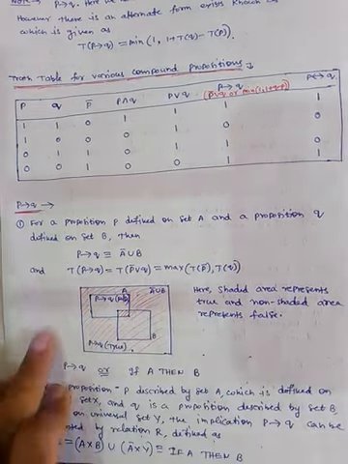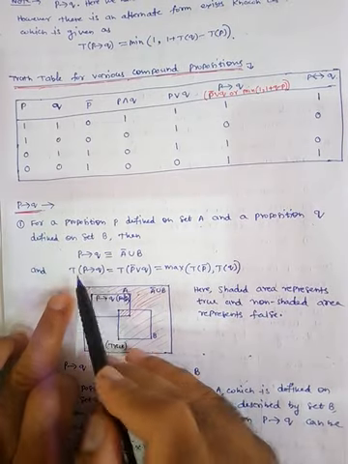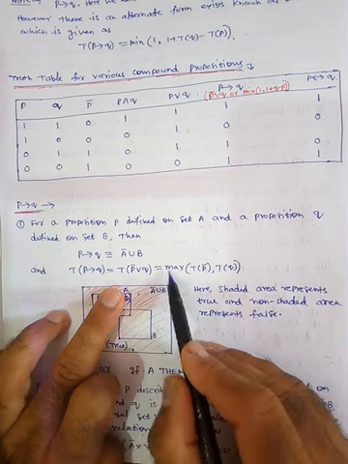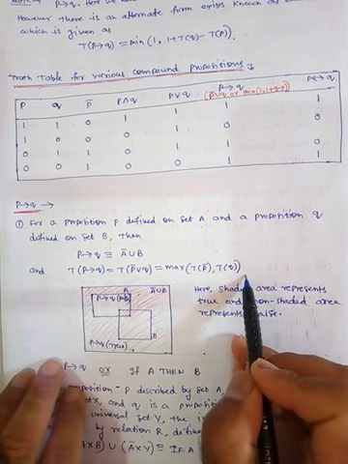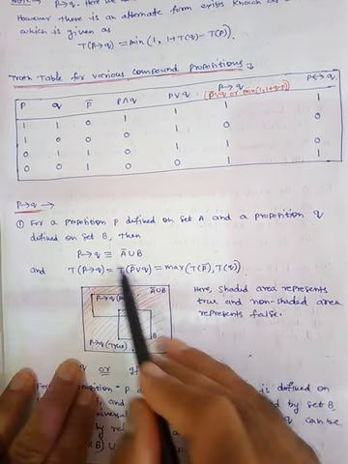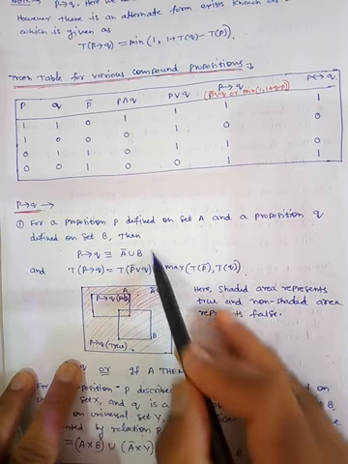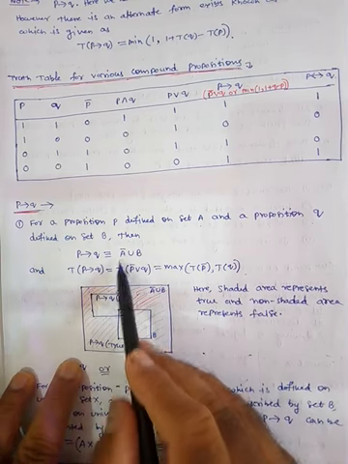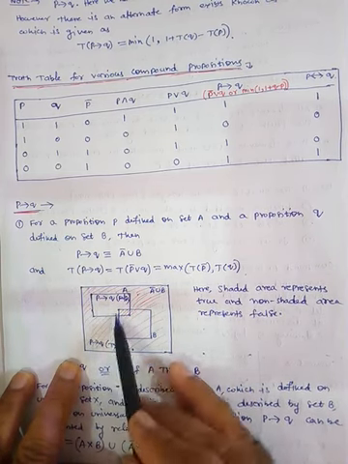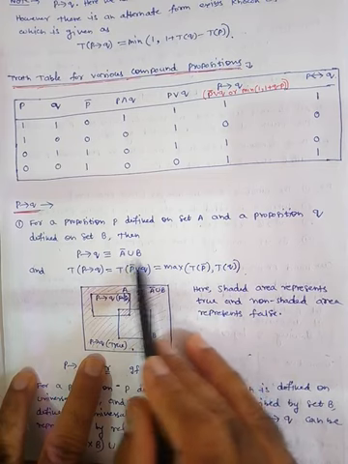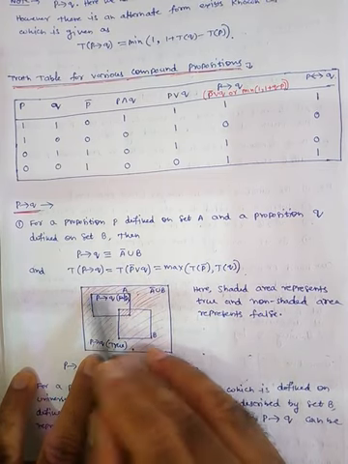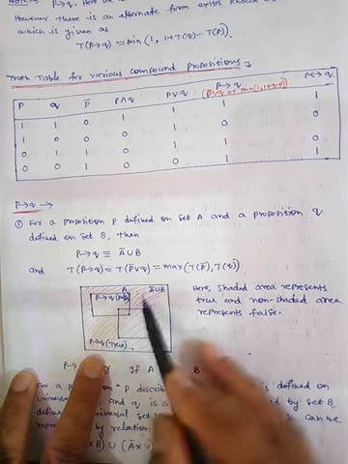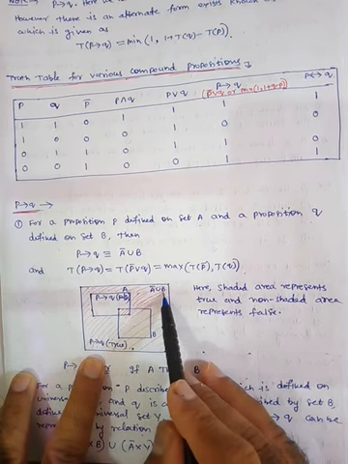Similarly, if you are finding the truth value, then the truth value of this with the help of classical logic is this, which is equal to nothing but maximum of TP bar, TQ. Fine. Now, if you want to find out the set theoretic form of this truth value, then this is denoted by the shading. So here, suppose this is set A, this is set B. So A bar union means A bar is the shaded part, take union with B. So this red part is actually A bar union B.